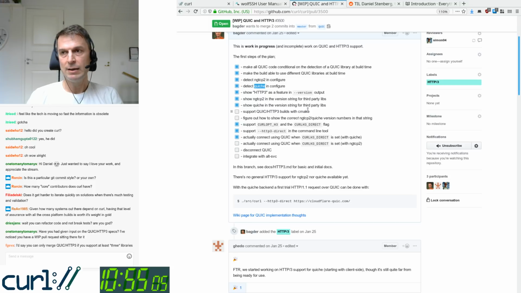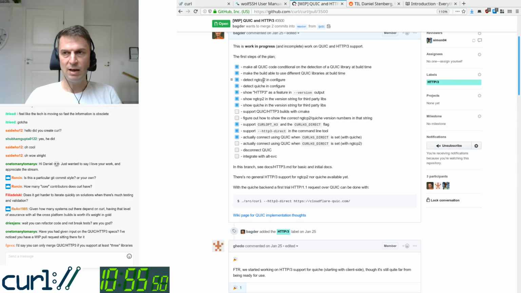Yeah, but it's not that hard to support many libraries, and I don't have to support many libraries. It's not a value in itself, but I already have a history with these libraries, and I started out working just with the ngTCP2 library, because ngTCP2 is written by the guys who do the ngHTTP2 library, and I had a good track record with that library and them working on that library, so I figured that would be a good choice. But it's also pretty quirky and complicated, and when I started, they didn't have an HTTP3 component either, so